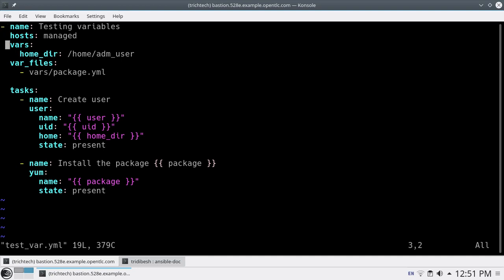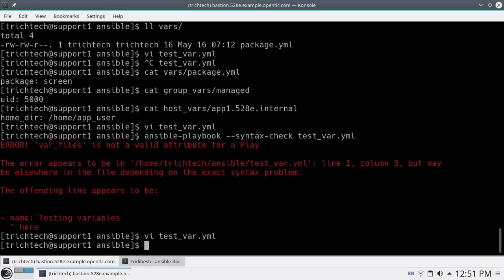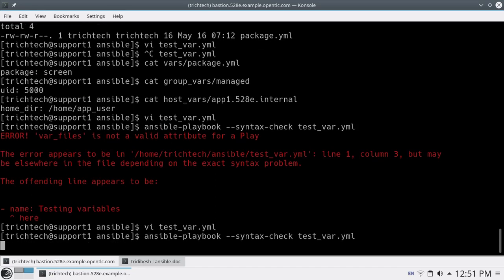Let me remove this part and keep this one. I will show you one more thing: how to provide the variable from the command line. Let's save it and check the syntax once again.